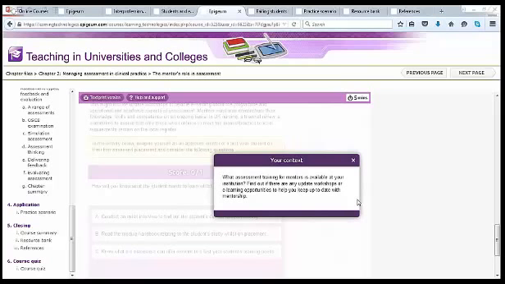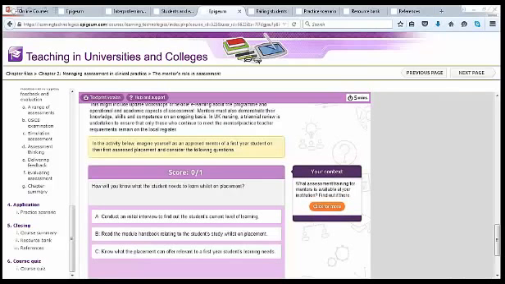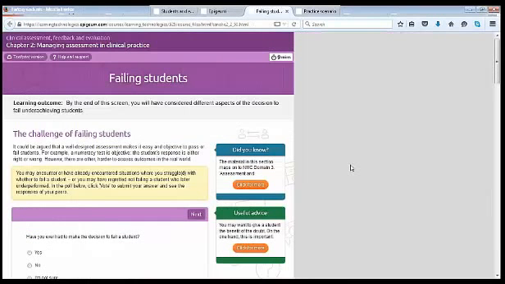They're available in this default mode. You can just put them on your VLE and go. Or you can do some real heavy customization to make it look as much like your institutional materials as possible. It's really up to you and what the needs are, whether you've got the resources available, etc. But certainly here we have a team on hand to help you with all of those customization efforts, and we work with universities. Again, it's all about making it as relevant to the experiences of your staff as possible. So the last main screen I wanted to show you is this one on failing students,